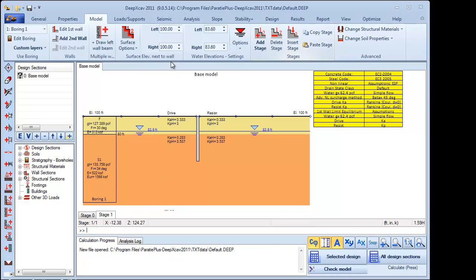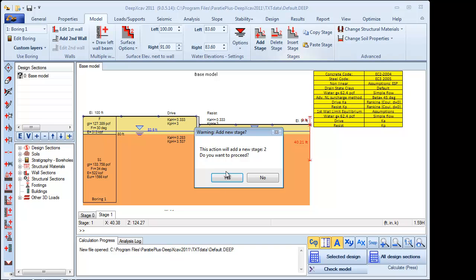Next we go here to the surface elevations and we choose to perform a 9-feet excavation. We click here and we excavate to elevation 91 feet on the right side of the wall. Here we can see that the excavation is performed. We add a new stage,